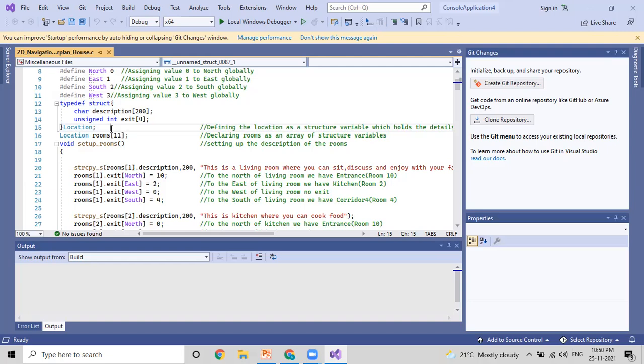I can't do that by using arrays because array is a data structure which is used to store values of the same type. If I take int marks as an array, then all marks values should be of integer type. If I take character names, which is of string type, then all values of name should be of string type. But if I want to store one particular array which contains different data types, then you can't take that in an array. So at that time, we are going for structures. Structure is a data structure which is used to store data of different data types. See, one is character data